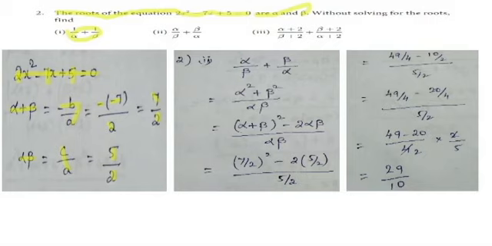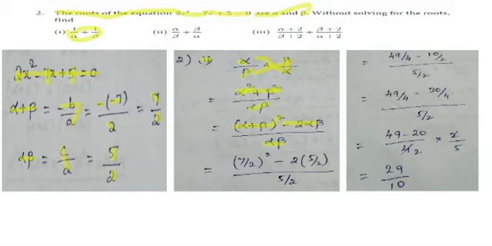So second one, the question is alpha by beta plus beta by alpha. So cross multiplication, alpha into alpha, alpha square, and beta into beta, beta square. So alpha square plus beta square divided by alpha beta. If you make the denominator same, it becomes alpha beta. So already we know that alpha square plus beta square formula is alpha plus beta the whole square minus 2 alpha beta divided by alpha beta. So now we change it in the form of alpha plus beta and alpha beta.